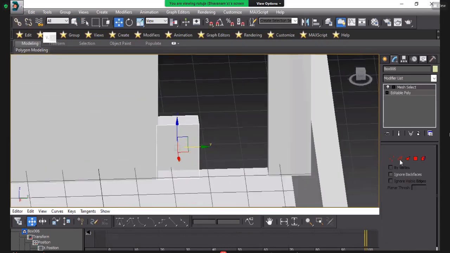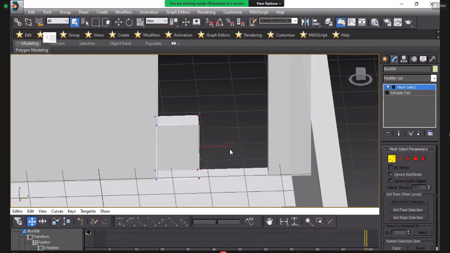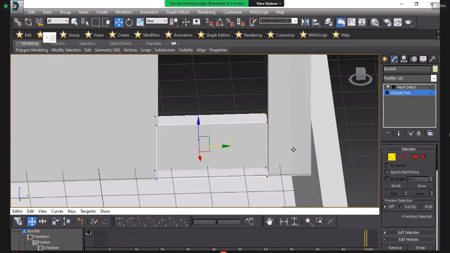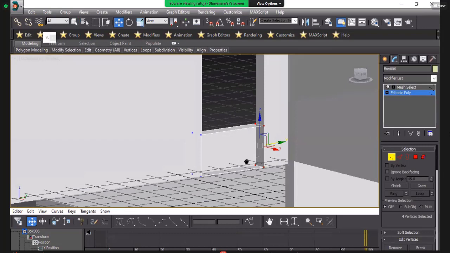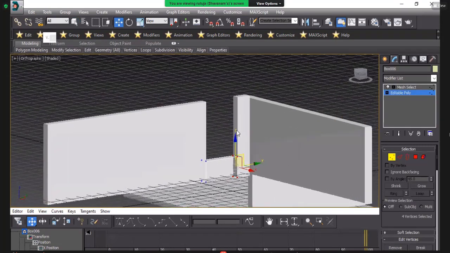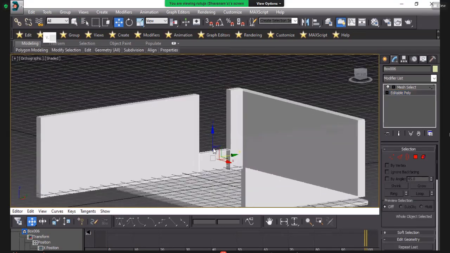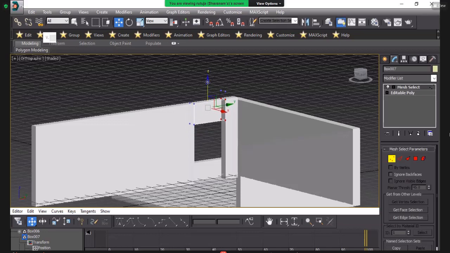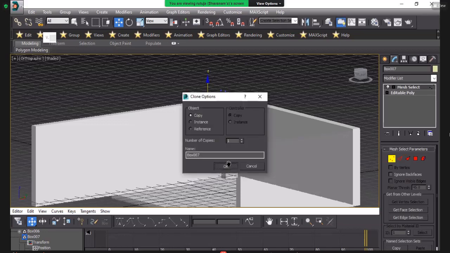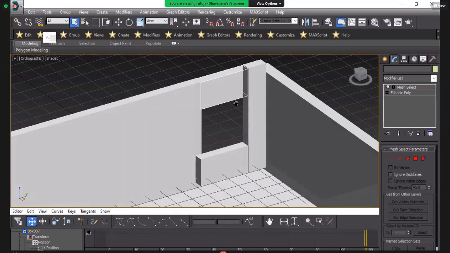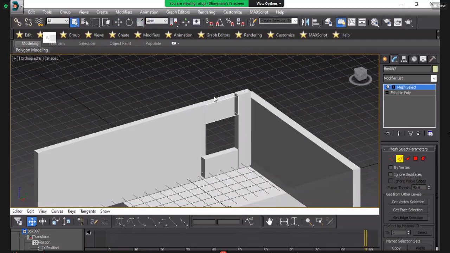And with the help of the modifier, like that, I will shift it. Remove the command and press shift and drag. Like that, you will do exactly what you want here.